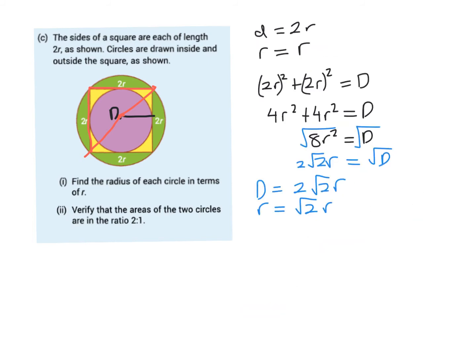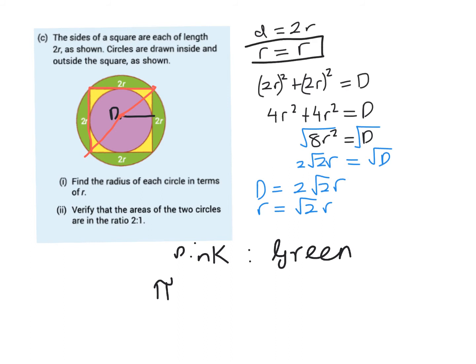Okay, so for the last one then, it says verify that the areas of the two circles are in the ratio 2:1. Okay, so if we say pink versus green. So the area of the pink circle, we know that the area of a circle is pi r squared. Now we found that the pink circle is just this one here. So r is equal to r, so that's just going to be r squared. And then on the green side, we know that that's going to be pi, and that's going to be root 2 r